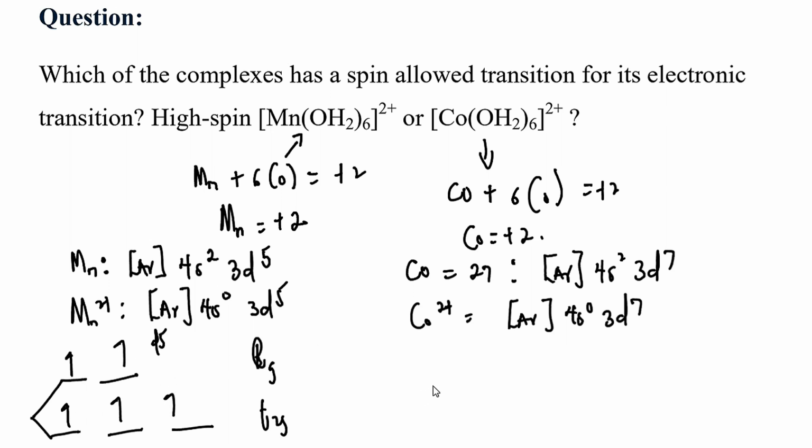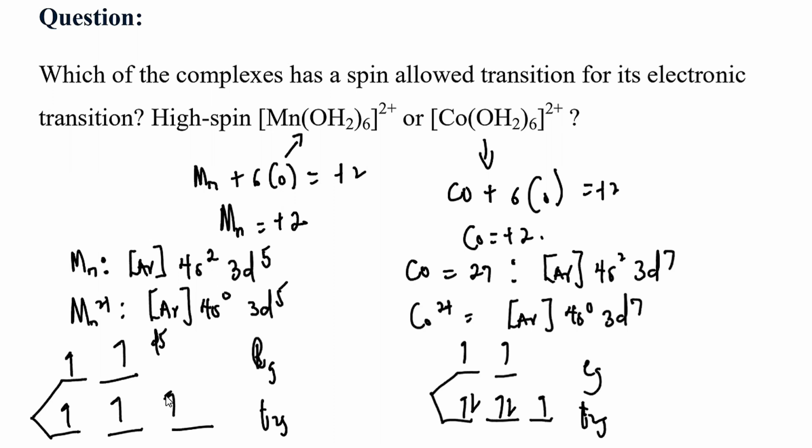So for this also, let's look at it. We have it to be d7. So we have T2g and we have Eg. So this is 1, 2, 3, 4, 5, 6, 7. Right? So looking at this,